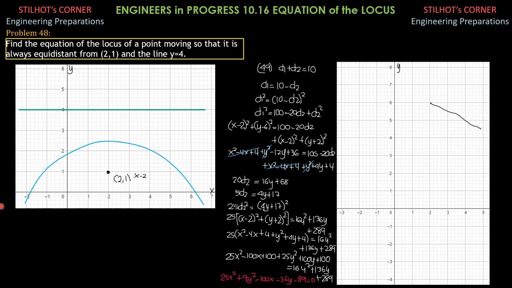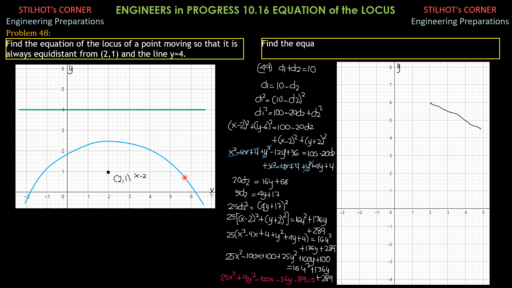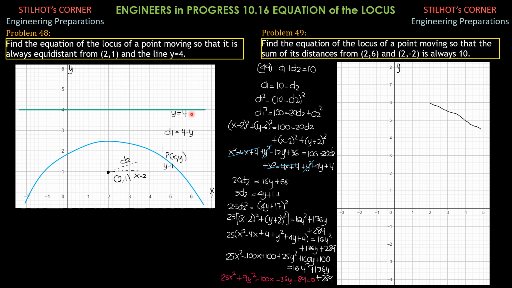And this is the expected locus. If this is the point and that's the line, of course the point will pass through here such that its distance from this point and from that line is the same. And actually this is a parabola. So we will consider a point on this locus as shown in this figure. So we have this y = 4. This is the point, and we denote the coordinates of the point as (x, y).